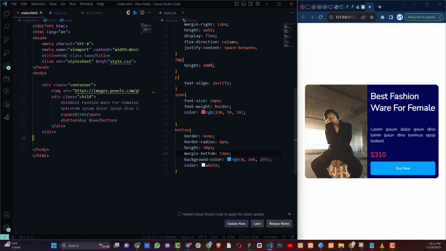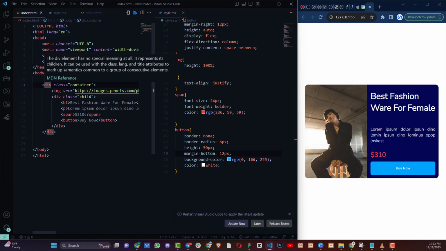And what we did see here, in this project, the first thing we did was to analyze what we are trying to create. So we want to create some sort of a card that has an image on the left and then some text on the right with the price and something by. So to do that, the first thing we explained was understanding the child and parent relationships in